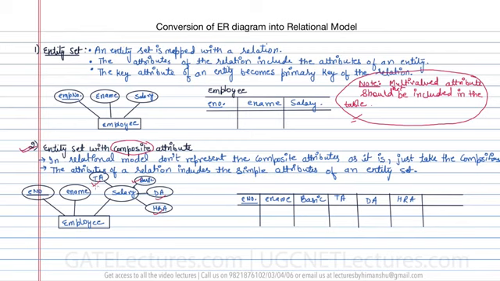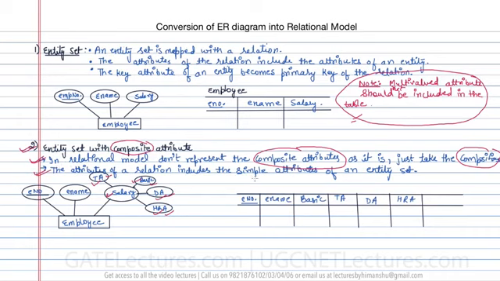So if you have a composite attribute, then you don't include that composite attribute, you just include the compositions. So in the relational model, don't represent the composite attribute as it is, just take the compositions. Like here salary is a composite attribute, but the compositions are TA, basic, DA and HRA. In the same way, if we have a name and the compositions of name are first name and last name, then we are not going to include name in the table. We are going to include the first name and the last name.